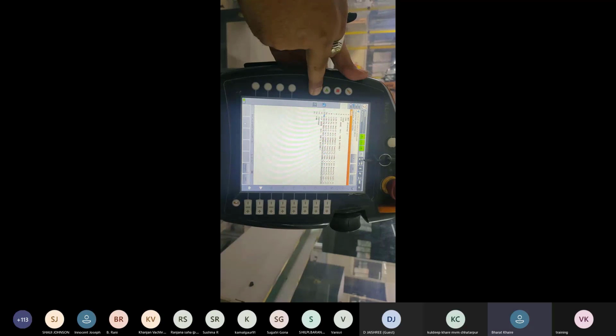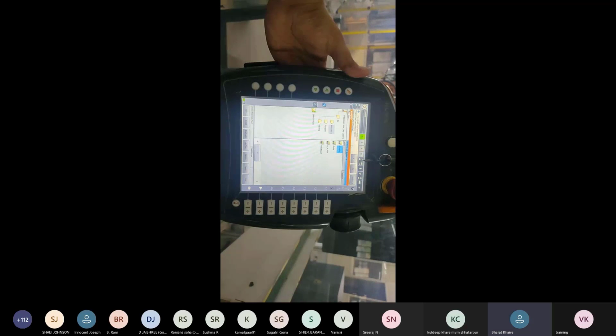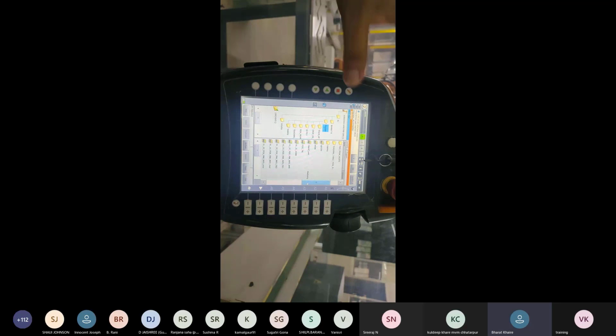So, sir, to run the program, we have to keep pressing that button? Yes. To run the program, we have to keep pressing that button, like how I am doing now, because we are in manual mode.